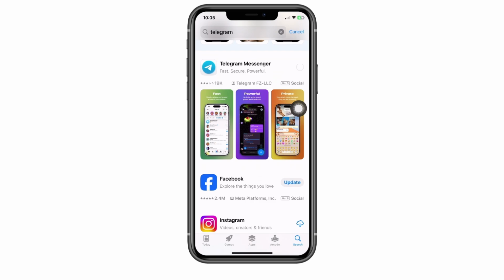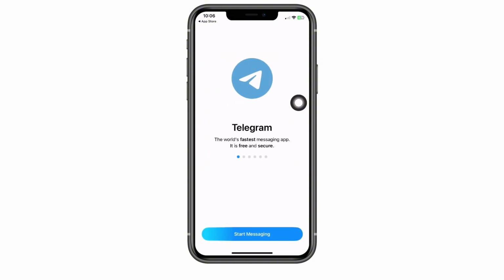Okay, so just basically tap on it, wait for the download process to finish, and afterwards it will just basically install by itself. So all you gotta do is just wait, and there will be an open button after that. Tap on it, log in with your Telegram account, and once that's done, you're good to go. That's how simple it is to install Telegram app